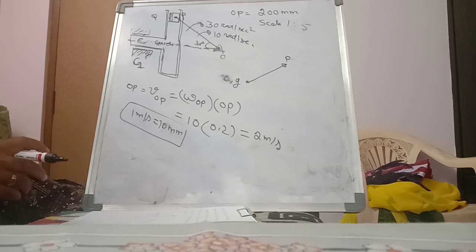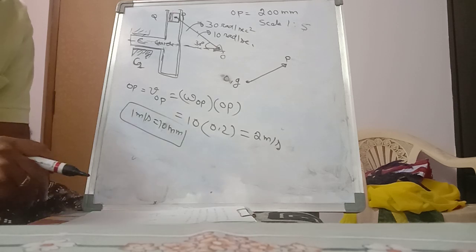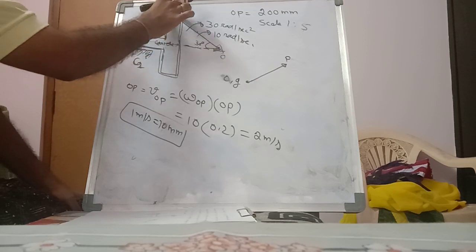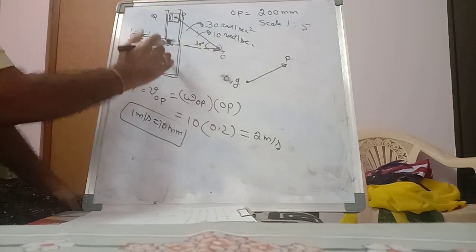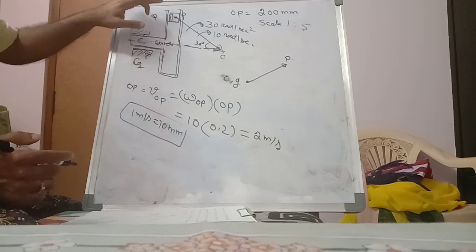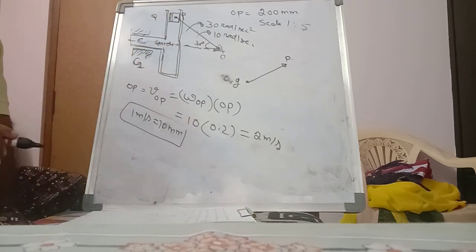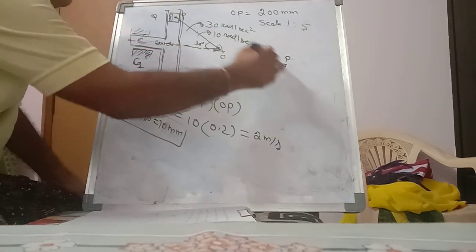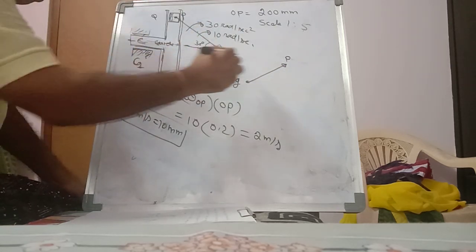So here the points Q and C are the same, because this is moving in the vertical direction, then the total guide will move in the horizontal direction. This total is a single part, therefore Q and C are on the single part. Because P is a slider, it moves in the vertical direction.